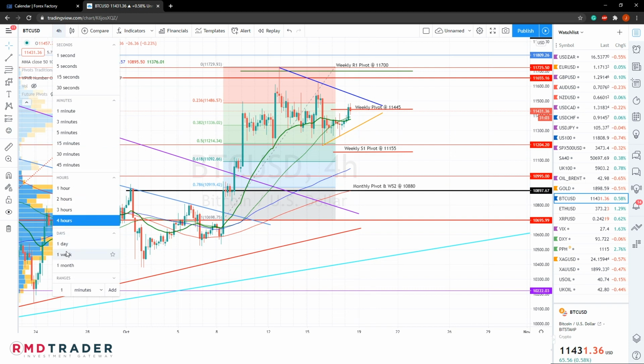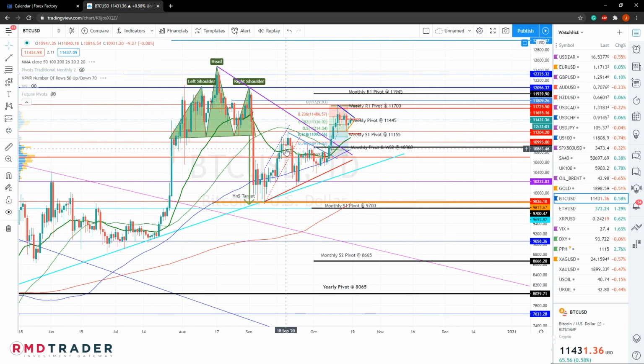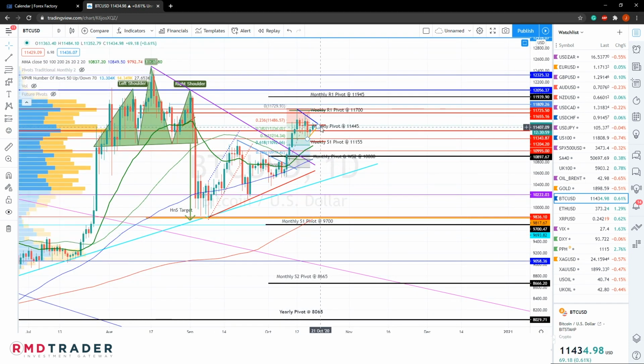Just briefly looking at the daily time frame to consider any further bullish targets. We can see with a break above that upper diagonal, we have initial targets at our weekly R1 as mentioned, which is the high from last week at 11,700. And then above that, we have our monthly R1 pivot at